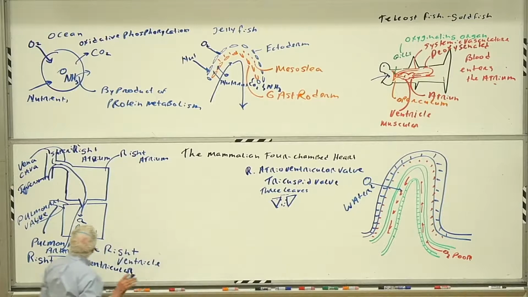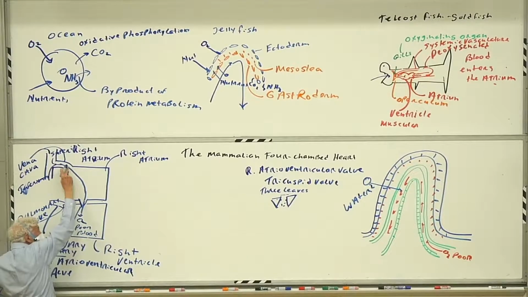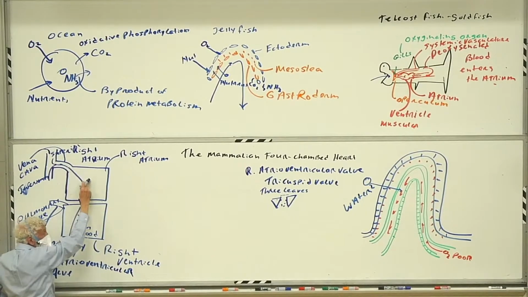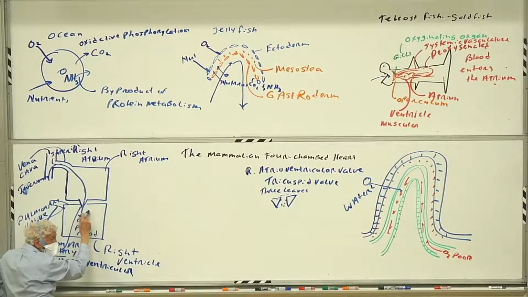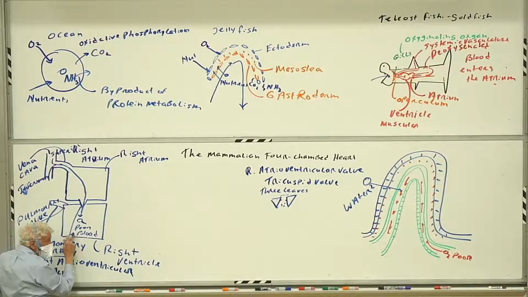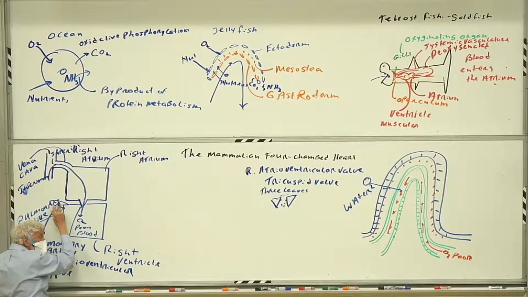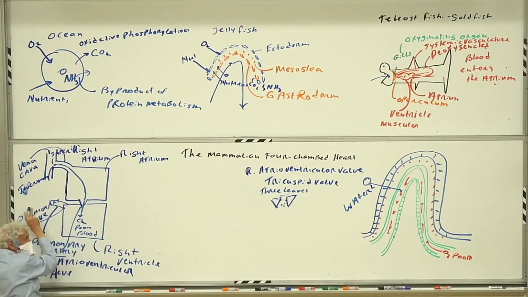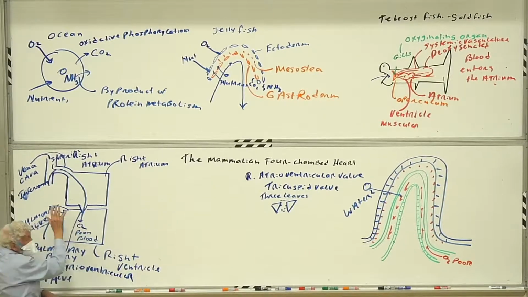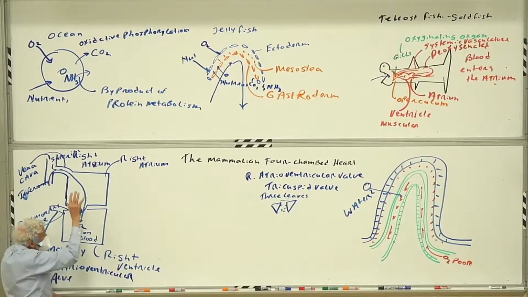The flow of blood here is deoxygenated blood coming in from the vena cava, coming into the right atrium, across the right atrioventricular or tricuspid valve, into this room. And then it's going to leave this room and go out into the pulmonary artery and be carried to the lungs. But we said that this right heart is the pulmonary pump, but the other side is the systemic pump,